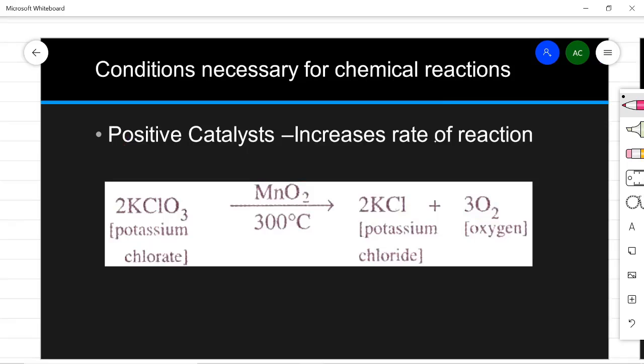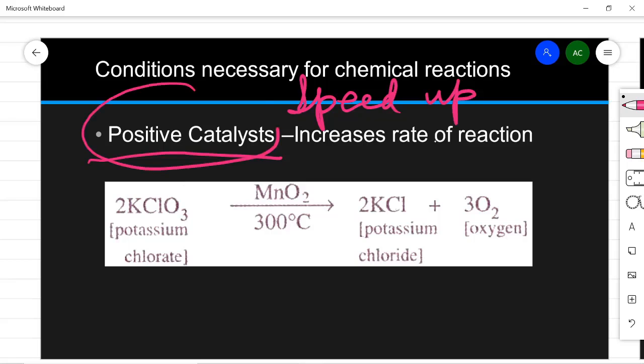Okay, now this is a new word, positive catalyst. So you'll say, what is positive catalyst? So we have used two terms with catalyst, either speed up or slow down, right? Some speed up the reaction, some slow down the reaction. So the substances which increase the rate of reaction are known as positive catalyst. और इसका उल्टा समझ में आ जाएगा आपको, जो डिक्रीज करेगा रेट ऑफ केमिकल रिएक्शन वो नेगेटिव कैटलिस्ट होगा. तो लेट्स सी द एग्जांपल ऑफ पॉजिटिव कैटलिस्ट.